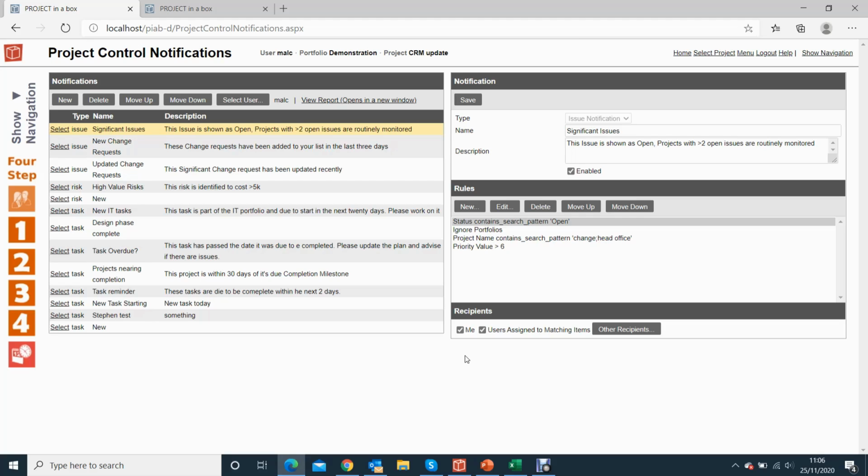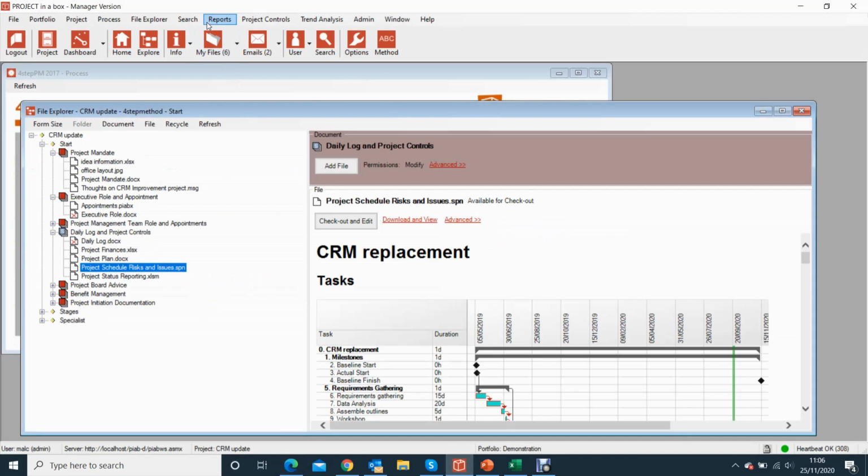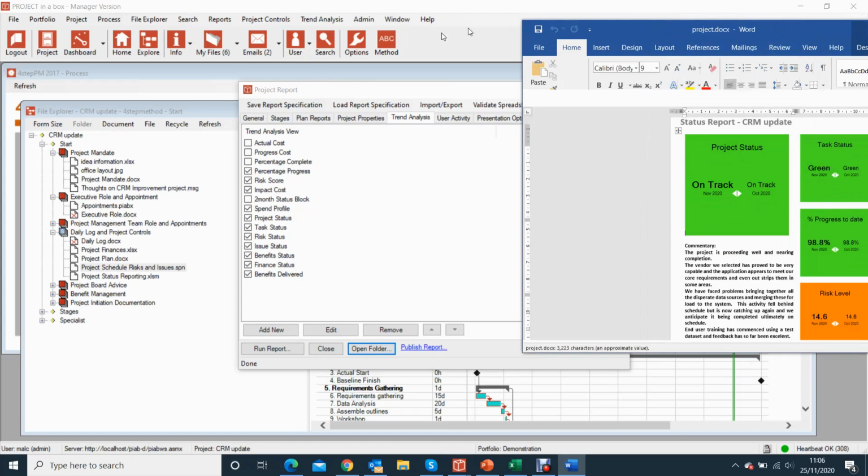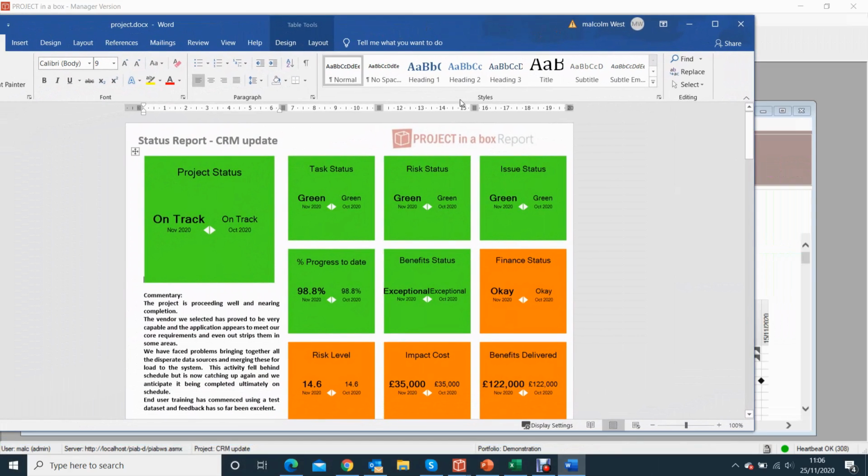The next thing we're going to talk about is value panels for conditional colouring. And we can look at that in both the Windows app and the browser again. So let's go and have a look in the Windows app first of all. So I'm going to come and run my project report, which we'll do here. And so this is the new status report that we were mentioning about, and it leads with a very clear